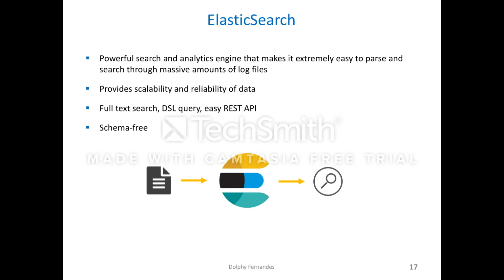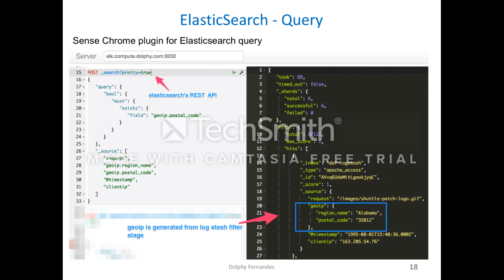Elasticsearch is schema free, which is very important because we get a lot of data from various sources, so it's very easy for us to just dump the data in Elasticsearch and let Elasticsearch make sense of it. Here we use the Sense Chrome plugin to query Elasticsearch. We spoke about GeoIP in the Logstash plugin section. As you can see here, GeoIP reads the client IP and looks up the location information